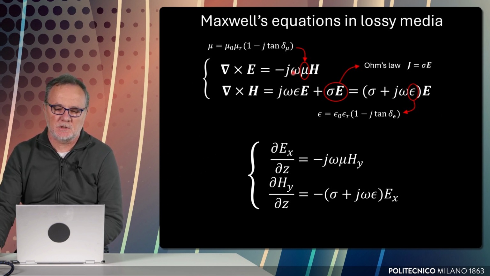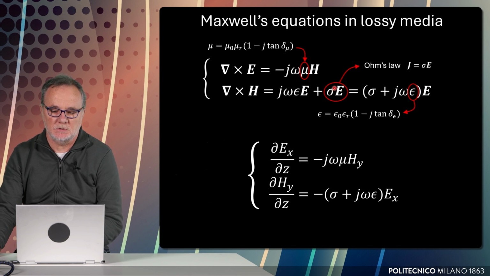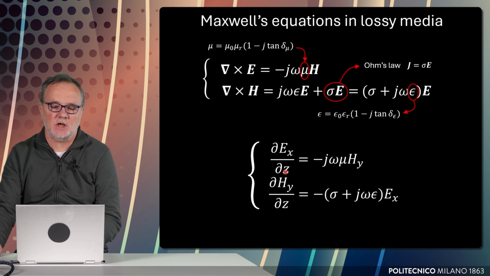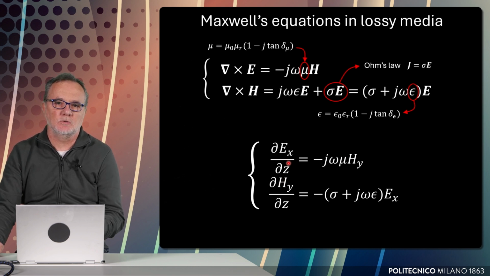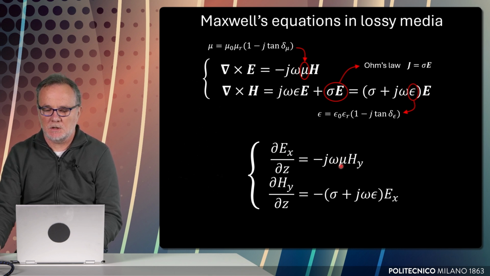We can have a complex permeability in the form of a magnetic loss tangent, tangent delta mu. We can have a complex permittivity in the form of an electric loss tangent, tangent delta epsilon. And we can also have conductivity in the material in the form of Ohm's law. So we can have a non-zero sigma in the material. As you see, we can summarize Maxwell's equations with the specific shape of the field that we already introduced when we studied waves in lossless materials, adding complex parameters in mu, epsilon, and the introduction of sigma if there is a non-zero conductivity.